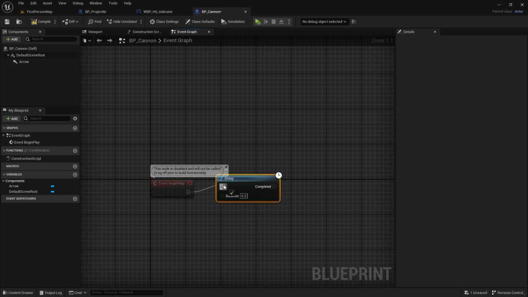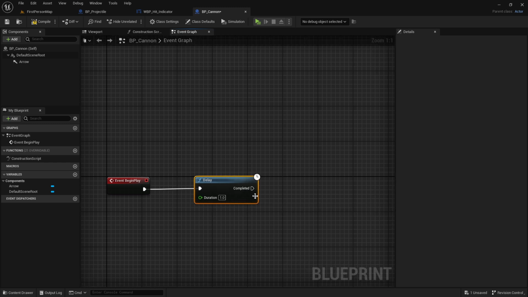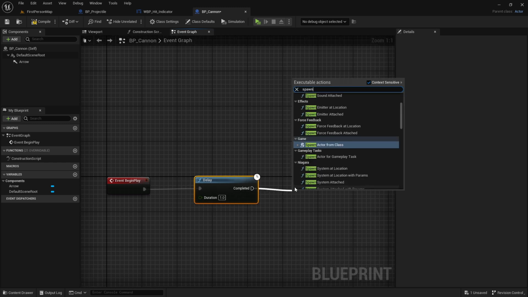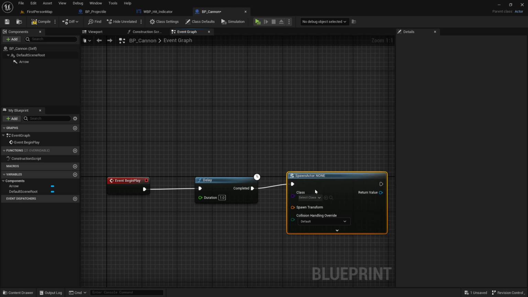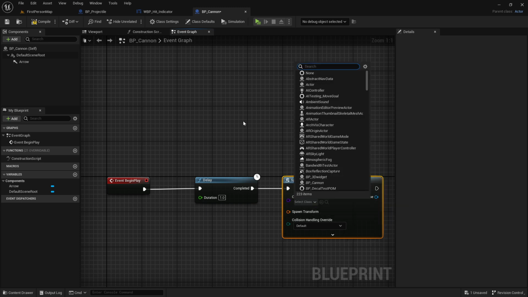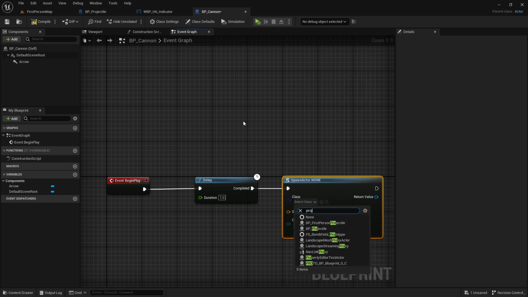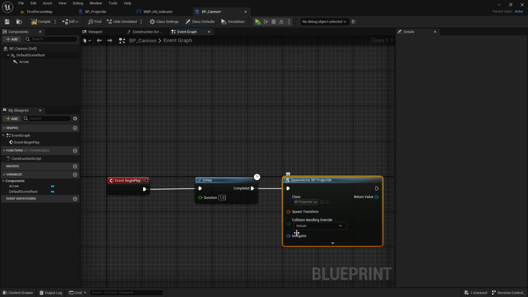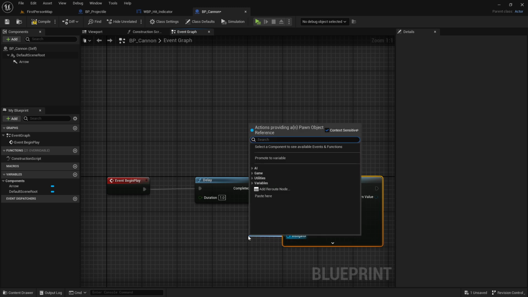I'll just add a delay node here of 1 second. I do a spawn actor from class. This will be the projectile that we have. So projectile, BP projectile. And the instigator right here, this will be self,